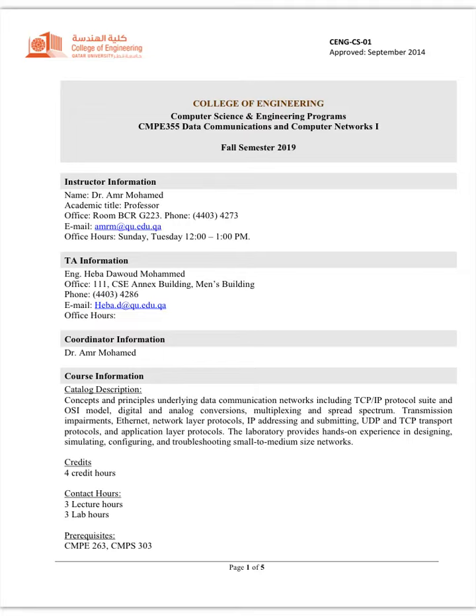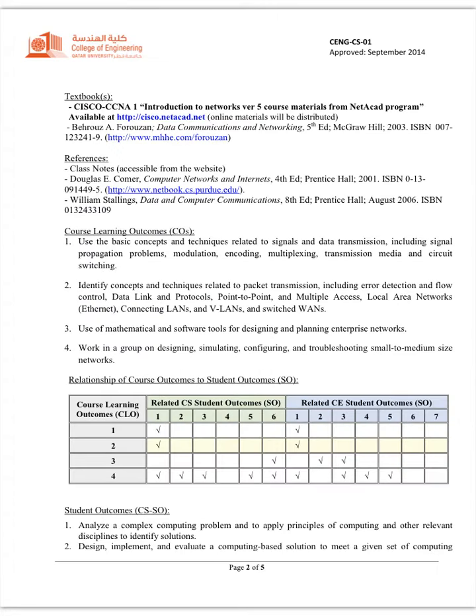The course this year is slightly different from previous years because the lab is actually embedded into the course. We will see that this will be reflected in the assessment criteria, the percentages assigned to each of the assessments that we are going to talk about. For textbooks,